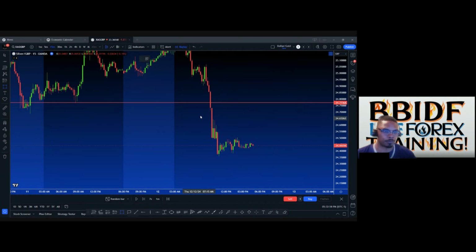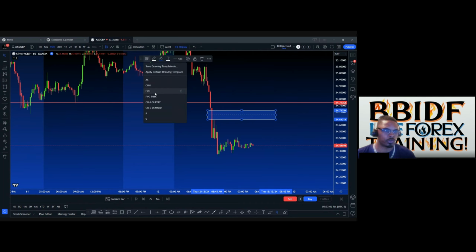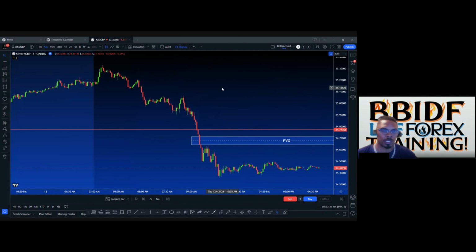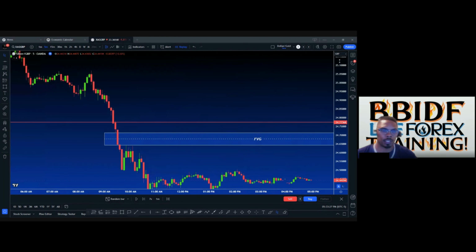There's some things that I see, the fair value gaps that I told you about earlier, guys. Shows the imbalance of sellers versus buyers. There weren't enough buyers. Mandrell, you took your little sister's food, right? It was unfair, but eventually your mom's going to tell you to give her some back to balance things out, to make it all right. And it hasn't happened just yet as far as the chart is concerned. But again, the trend is down. I'm looking for sells. So I found my trend on the 15. On the 5-minute, I'm just trying to confirm that the trend is still down by looking at the market structure.